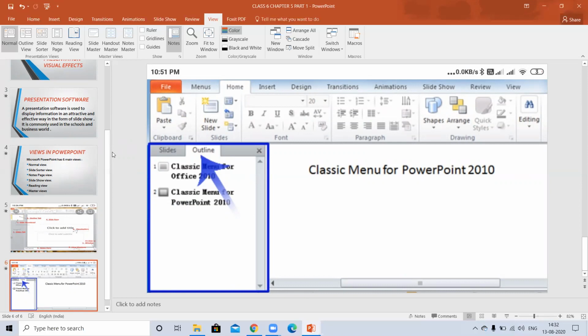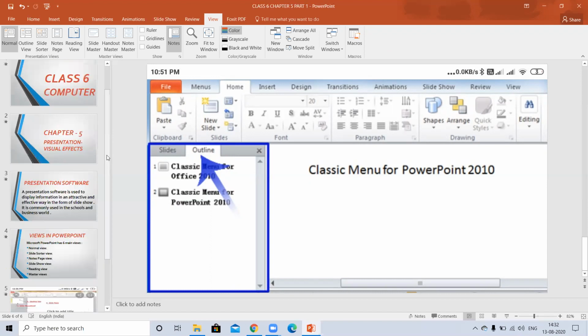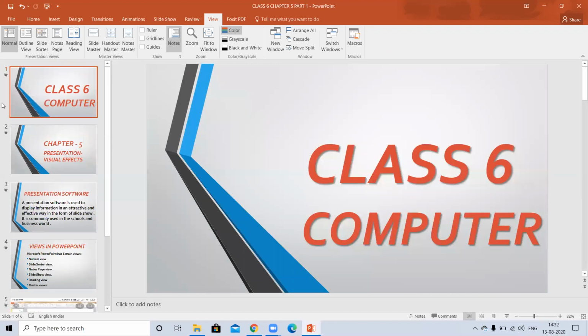These details are given on page number 49 and 50. On these two pages you will get information about normal view and slide sorter view. For the next topic, you will read about the notes page view, master view, slideshow view, and reading view, which are given on page number 51 and 52.